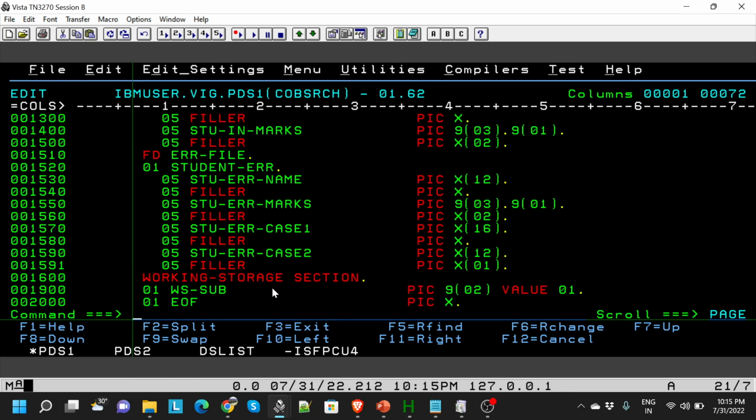So where this got error, either in the student name or in the student mark, we got the error. Okay, for the clarity we are using this. If any production support person is going to ask where the error is, then if there is an error in the student name, it will display "error in the student name, please check." If there is an error in the student mark, it will display "error in the student mark, please check." So that is what we need to display to the production support person,